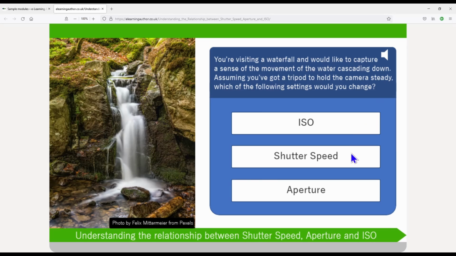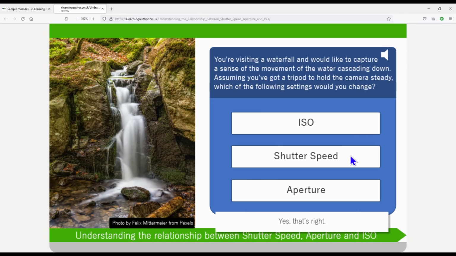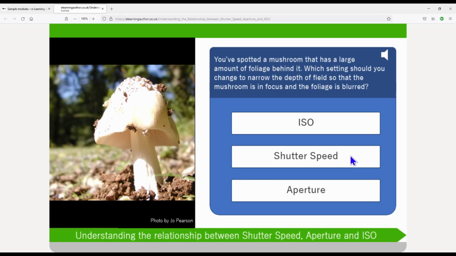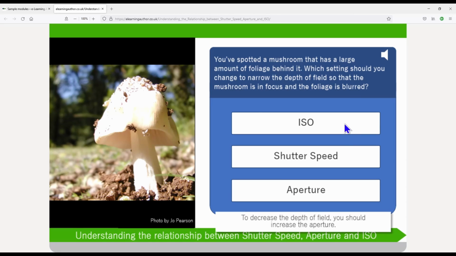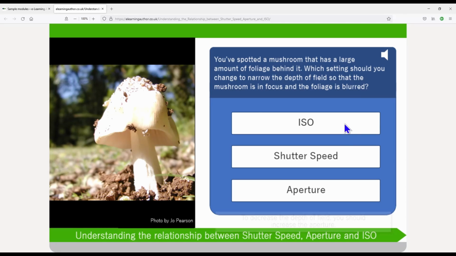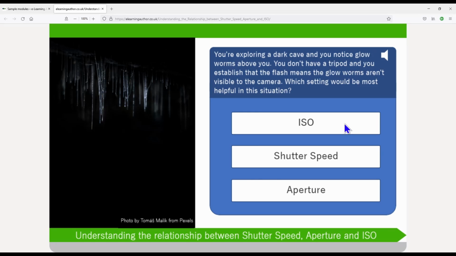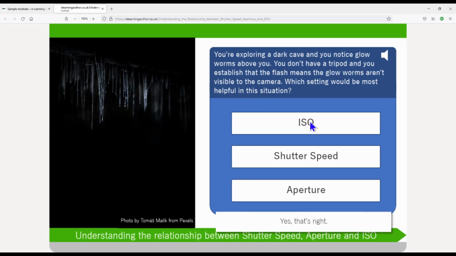For this question, I'll choose the right answer, which results in a confirmatory message, and moving to the next question. I'm presented with a second scenario and the same options. This time, I'll choose the wrong answer. So here I get a failure message telling me the right answer, and then I move on to the next question. I now see a final scenario where I'll choose the right answer, and that takes me to the end